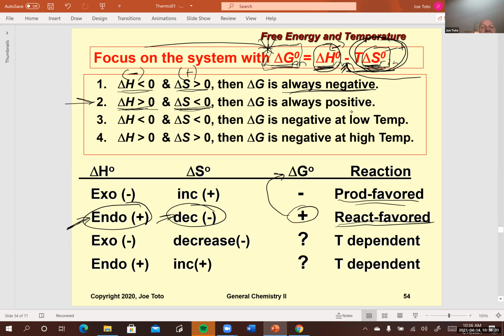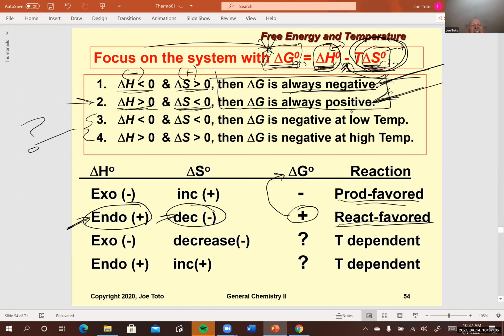In fact, these first two examples, if you run up against them for any specific reaction, then they're always going to go one way. In this case, they're going to go towards the products, and in this case, they're going to go towards the reactants. Now, that leaves 3 and 4. These guys are the interesting ones